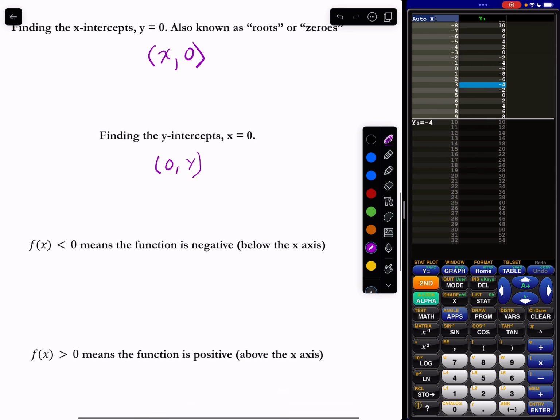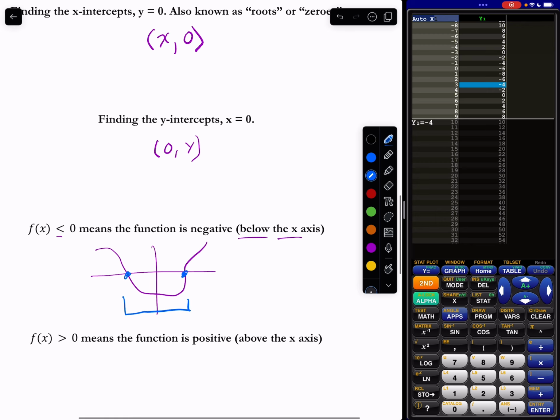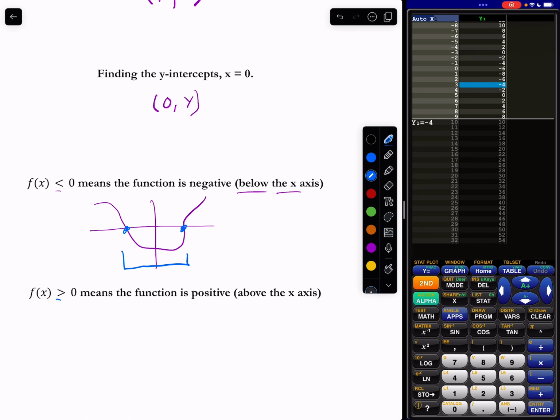And if a function is less than 0, or sometimes you can see less than or equal to 0, the function is negative, and we want to think about it as below the x-axis. Okay, so where is a function negative? If you wanted to do a little sketch like this, you can see from here to there is where the function is below the axis. Okay, and then where f of x is greater than or equal to 0, if you wanted to create a sketch of that, and maybe look at a parabola like this, we can identify where it is above or equal to 0. You would shoot this point, and from here to here, you can see the function is